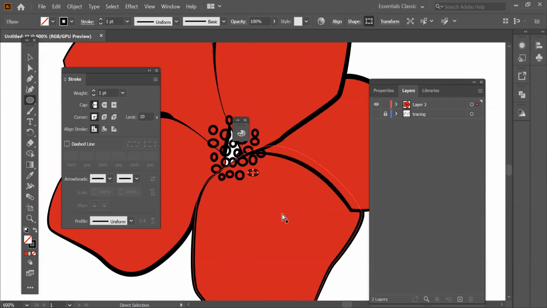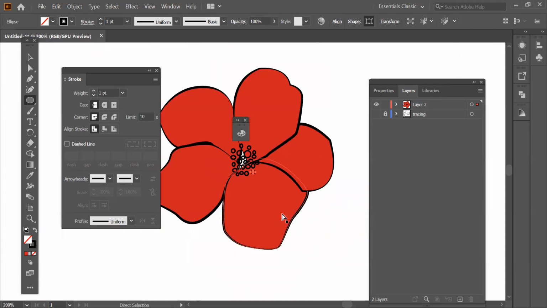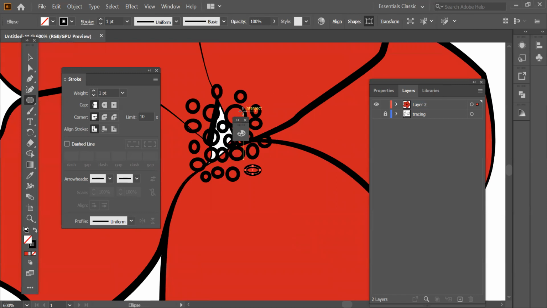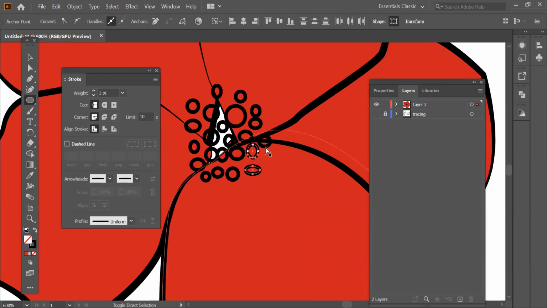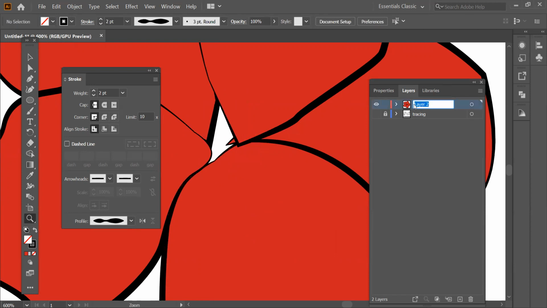Just doing it freehand right now, nothing special. Now see, all the things are done. But check now if I want to select it all, these days I have to do, it will take a lot of time, right? So what we generally do, we keep everything in a separate layer. Like this is my petal, so I'm just gonna name it petal, and I'm gonna lock it.